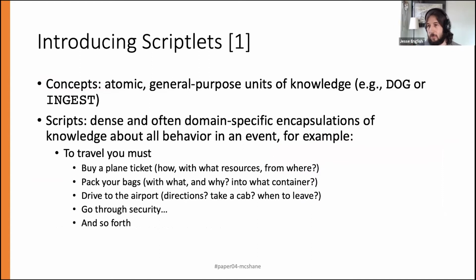Okay, so what we're going to do to solve that problem, and where we've been pushing towards lately, is to use these things we call scriptlets, with their cute little name. What are these things? Everybody knows concepts in an ontology, right? These are just atomic, general purpose knowledge units. They're usually triples, and they tend to relate to each other, with relations or attributes that pile up into one thing to describe at a very general purpose what something is, a dog or a jest or whatever. On the opposite side of that simplicity, of that neatness, is the notion of scripts,